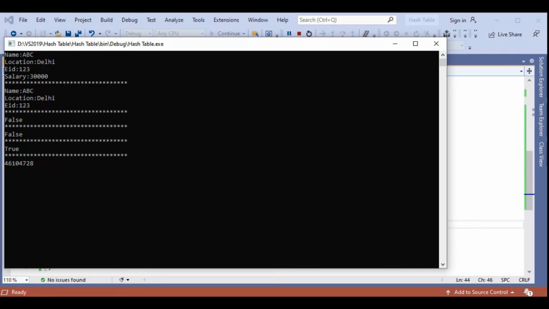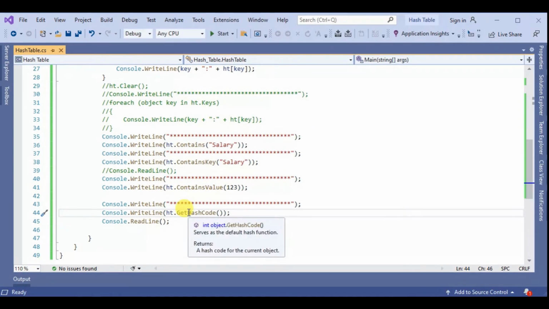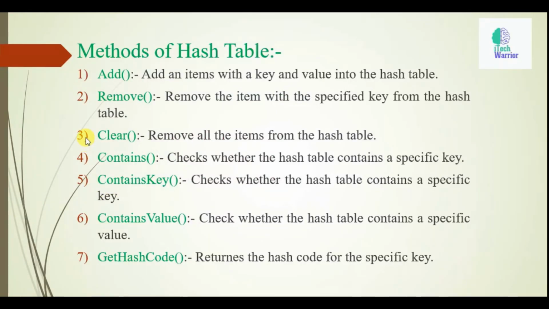So the hash code is shown here. The hash code is created by a hashing algorithm. The hash table is internally based on hashing, so the hash algorithm creates the hash code randomly. So the get hash code method gets the hash code. So three things are present in the hash table: the hash code, the key, and the value.